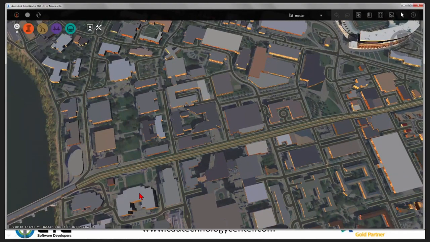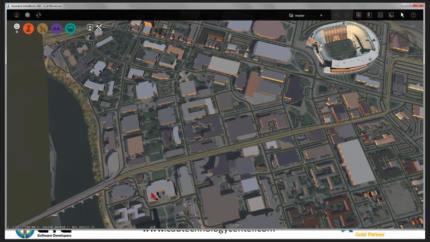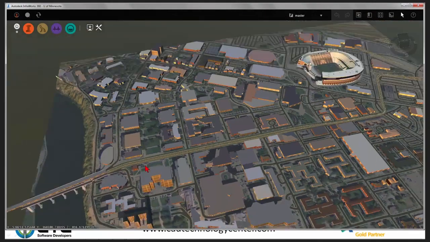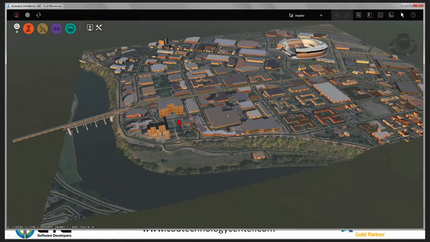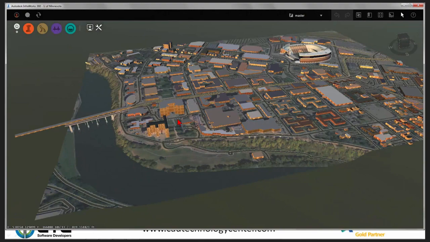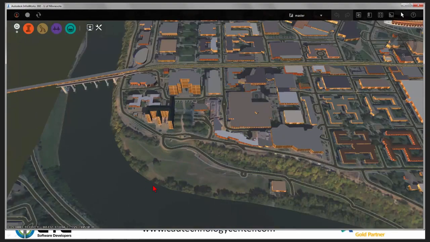Here's Kaufman. It tells me that this is Kaufman Memorial Student Union Commons. If that GIS data I had was in there, it's going to tell me what it is. And so I can come in and hover over here. Nothing on that building. Oh, there's Stadium Village Flats. So I have that capability of seeing what road it is, what building it is, right off of Model Builder. But this is a pretty nice model based off of 3 minutes going to OpenStreetMaps. But what I want to do is I want to build a quick road,